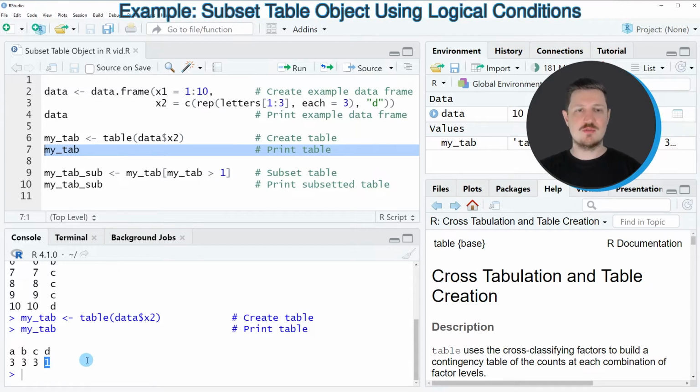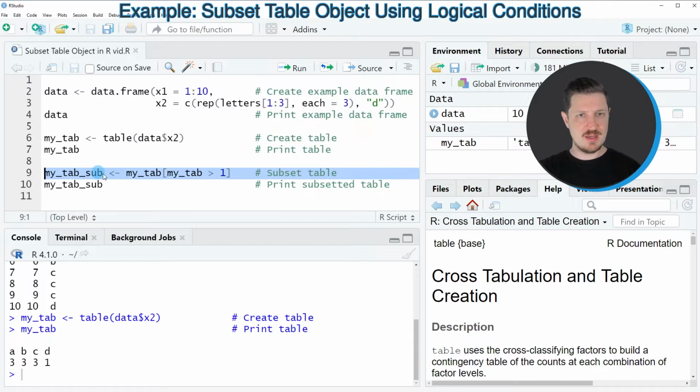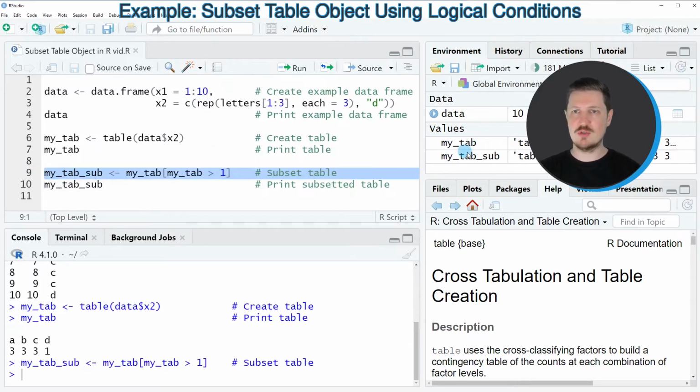So let's assume that we want to subset this table object based on a logical condition. Then we can apply the code that you can see in line 9. In this line of code, I'm specifying the name of our table object. Then I'm using square brackets, and within the square brackets, I'm specifying a logical condition. So in this case, I want to keep only those elements of my table where the count is greater than the value 1. And then I'm also storing the output of this in a new table object that I'm calling myTab sub. After running line 9 of the code, you can see that a new table object is appearing